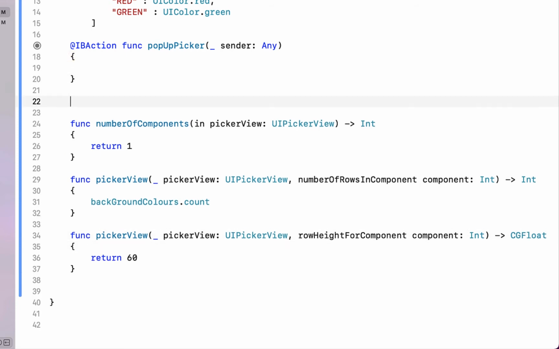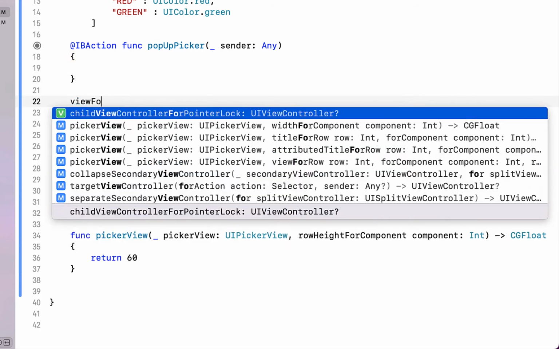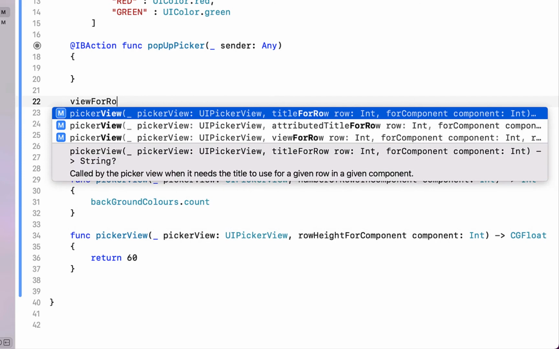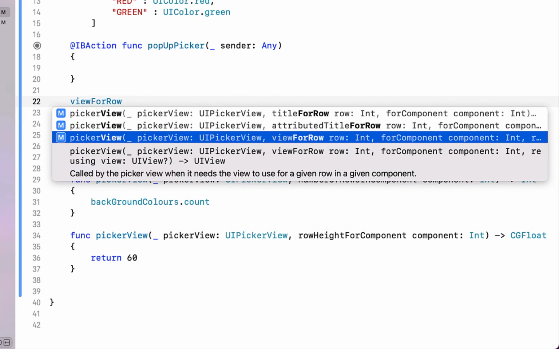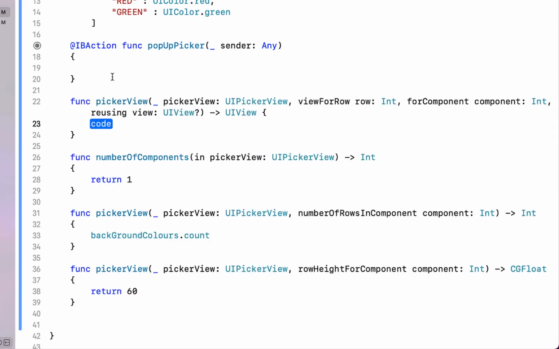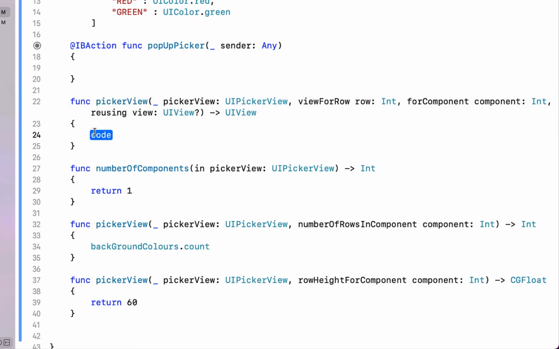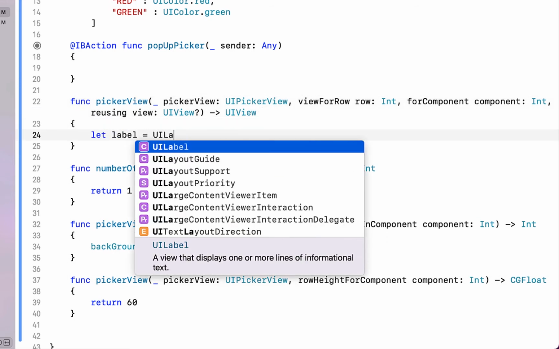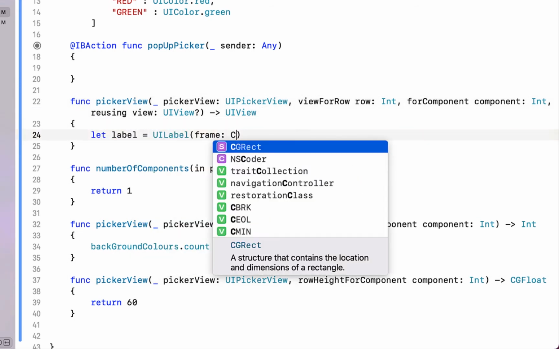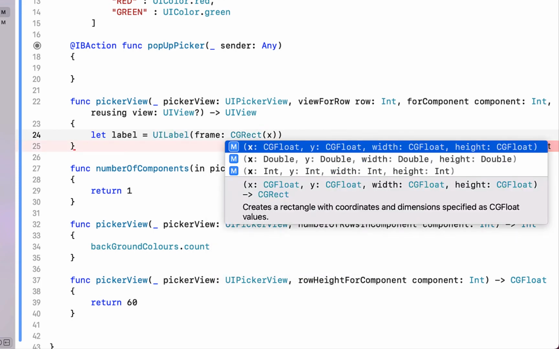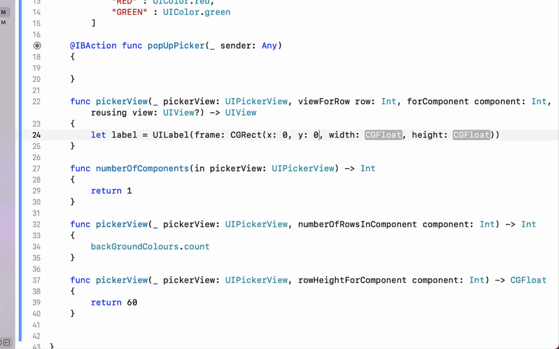The next function we want to override is the view for row function. So I've just started typing view for row, and same thing, once I can see the function that I'm after, I just select it and hit enter. In this function, we're going to declare a label. So I'm just saying let label equal UILabel, and I'm going to give it a frame. Frame is a CGRect, and so I've just hit X, and we're going to give it X, Y, 0,